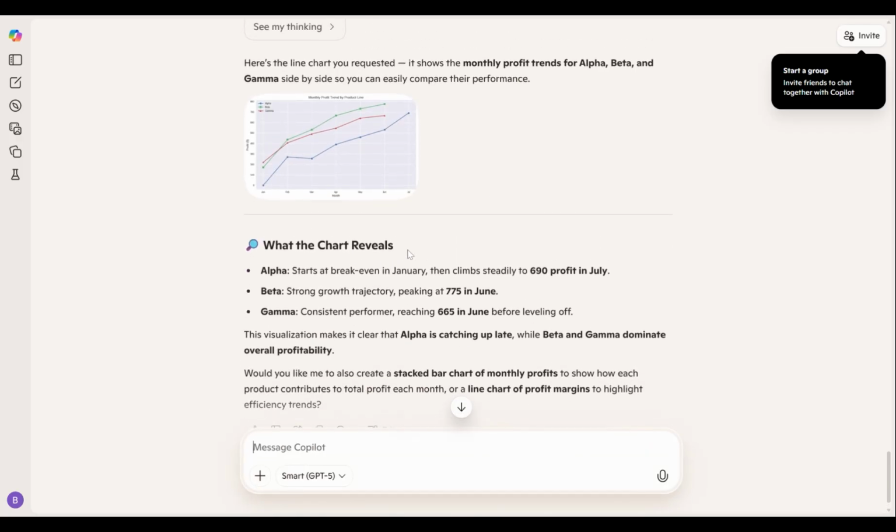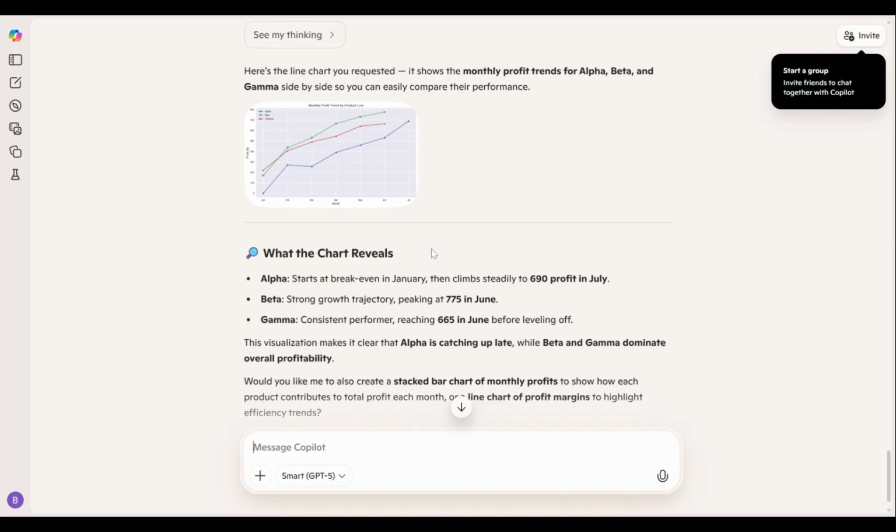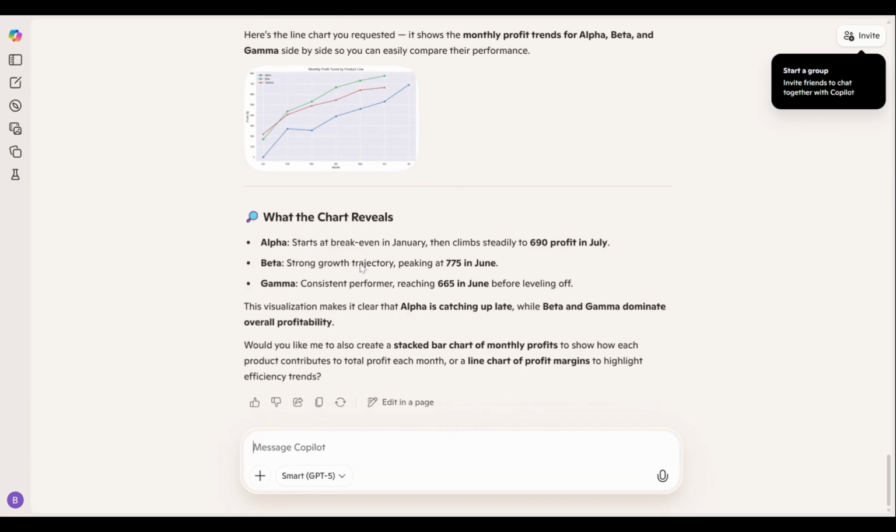Alpha starts at break even in January, then climbs to $6.90 in July. Alpha was the blue one. And Beta, strong growth trajectory, peaking at $7.75 in June. Beta's one in green, peaking there. And then Gamma, which is the red, is pretty consistent all the way in June before leveling off at $6.65. And this line chart here shows that it's clear that Alpha is catching up, while Beta and Gamma dominate overall